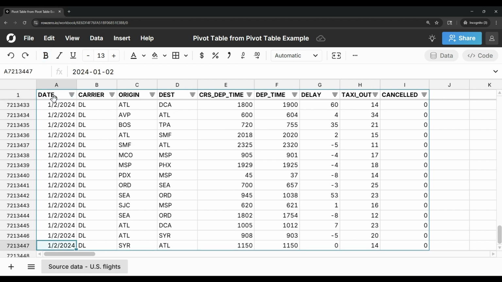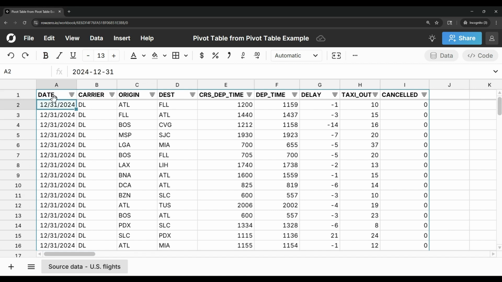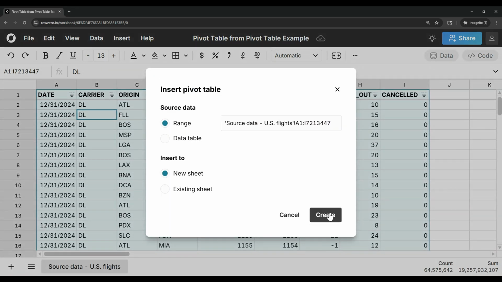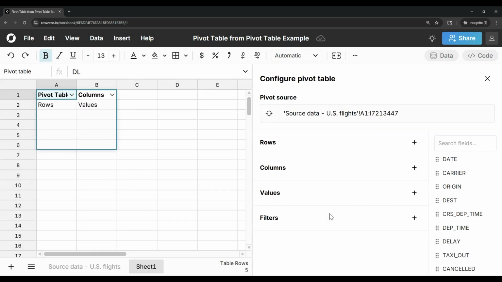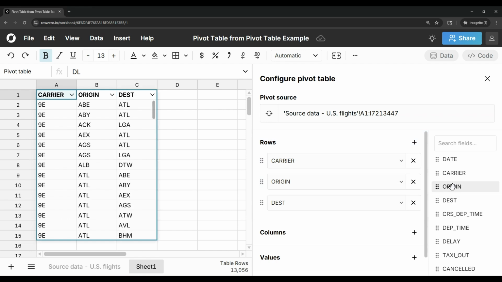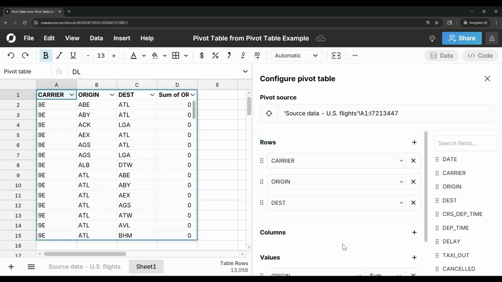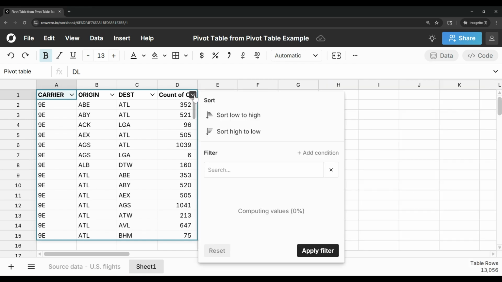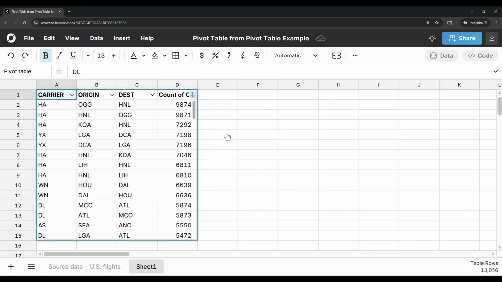It's 7.2 million rows of data with one row for each flight in the US for 1 year. So let's create our first pivot table. I'm going to select all, insert pivot table. I'll drop it in a new sheet. And I'm going to first aggregate the transactional flight data to unique routes of carrier, origin, and destination, and also look at the total number of flights for each unique route. So I'll look at count here, and I'm going to sort,